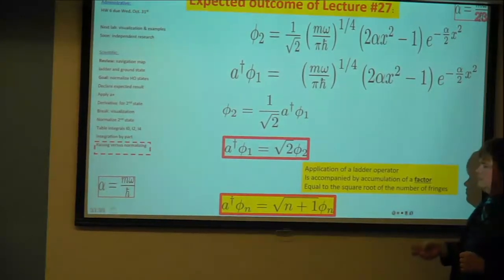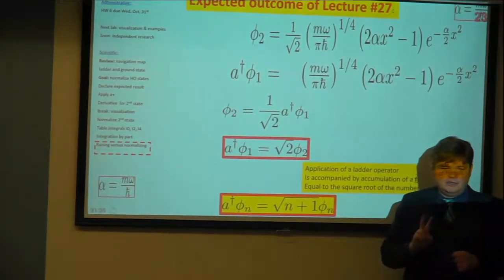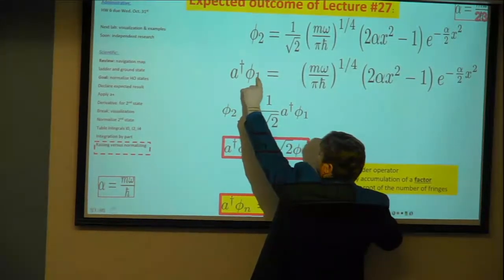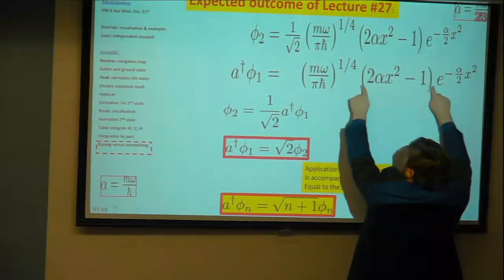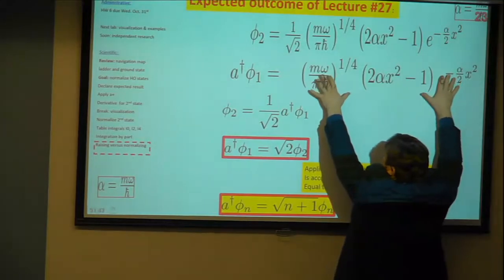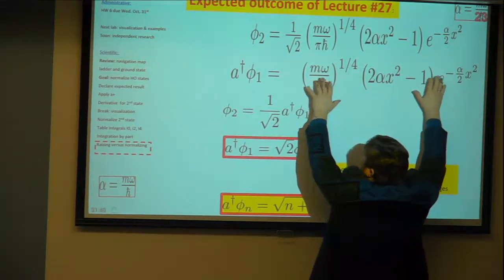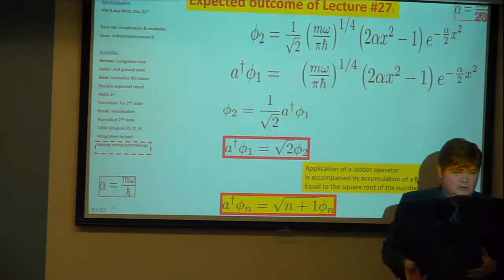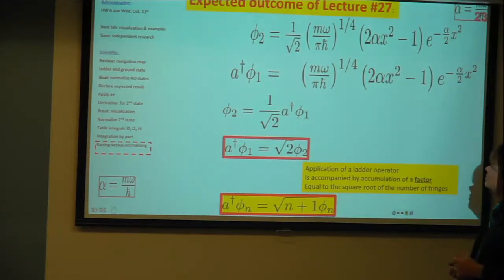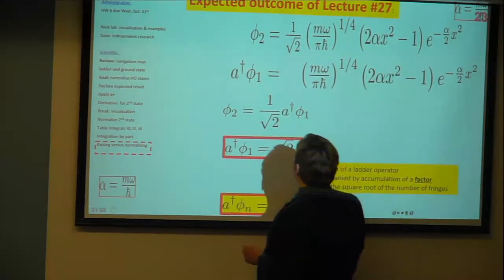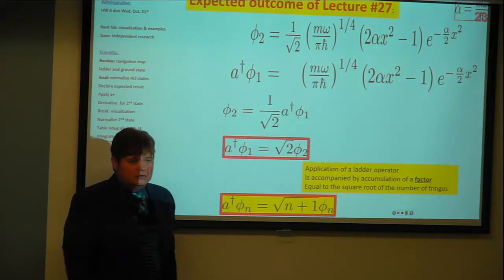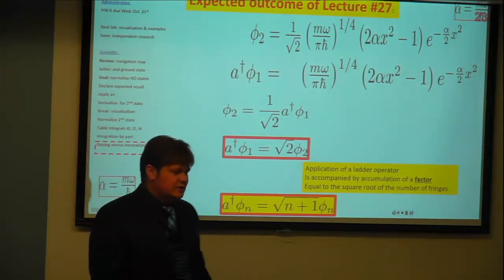So I want to have two results of today's meeting. First result, just practice applying the raising operator to this function and get this polynomial. Second part, take it, square, integrate, and see if it will be equal to 1. Normalize it. If we normalize it, we would find out that one needs to have this factor 1 over square root of 2 in order to have the function normalized.